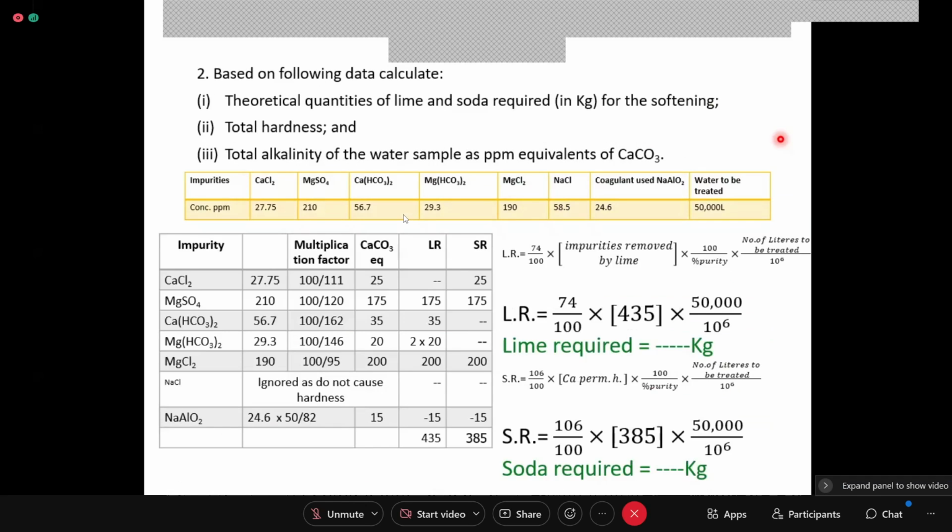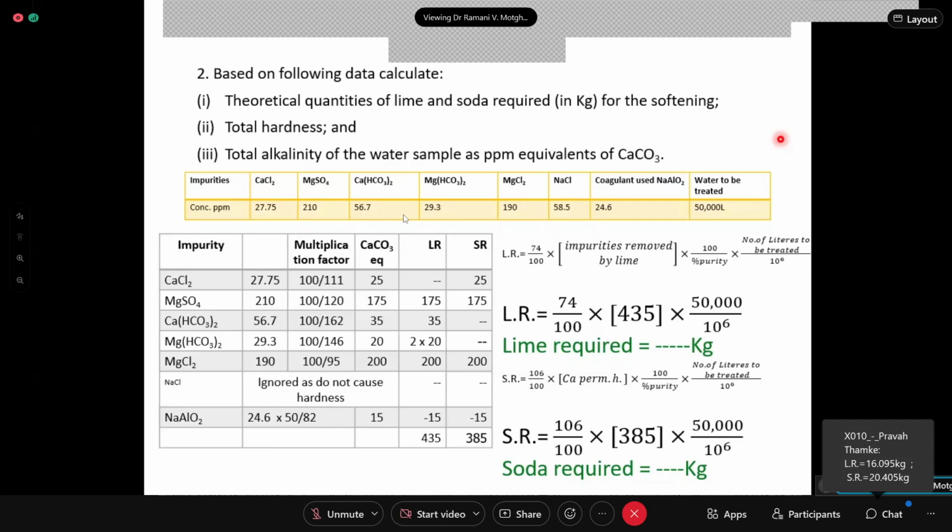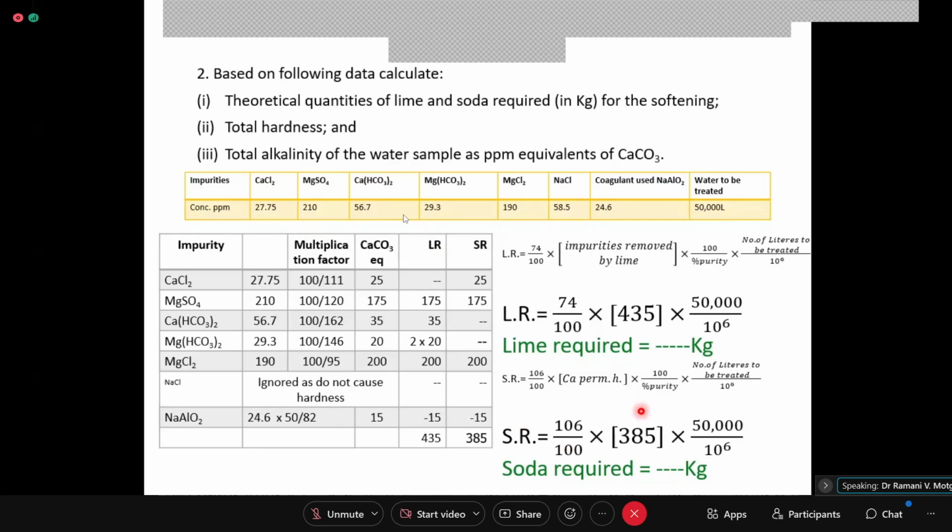Okay, everyone took the picture of this. Then we can go ahead. See, this is all important part. That is why I'm going slow and giving more time for each and every aspect. If it is not clear, I wrote all those things, lime required. Because when it is first time, you should know what are all these things. And once you start solving it, then there is no issue. Okay.